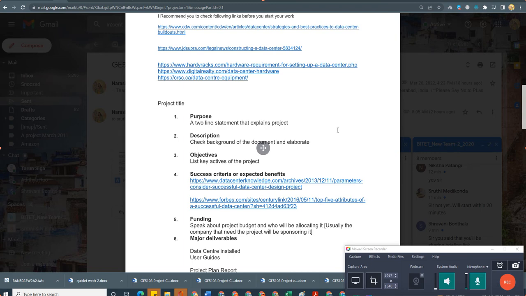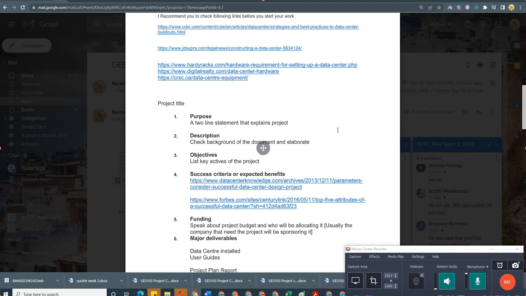So you can give some basic background to the project, stating that some XYZ organization, XYZ meaning it is not an actual company name, is already having a data center, and maybe the users associated with that organization were not happy with the data center, because maybe the data center is not supporting them to access remotely, or the accessibility speeds were slow, or the security issues were high within the data center.